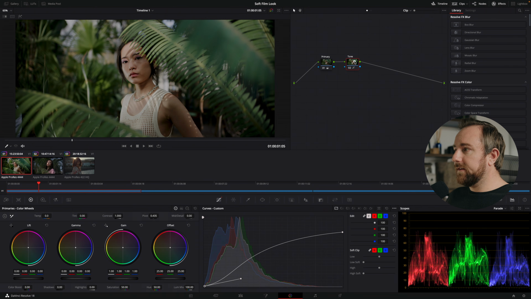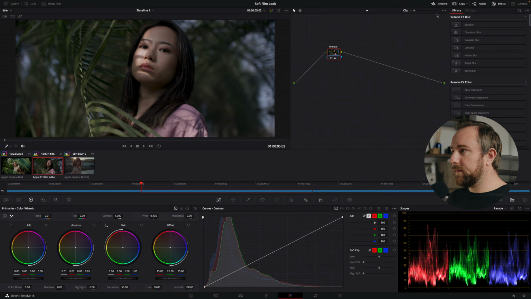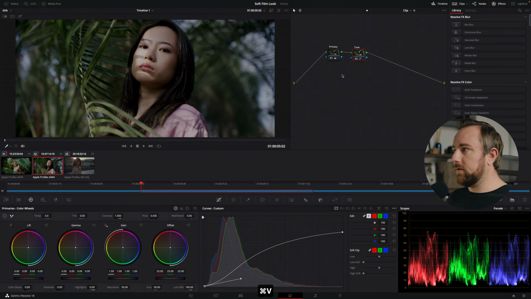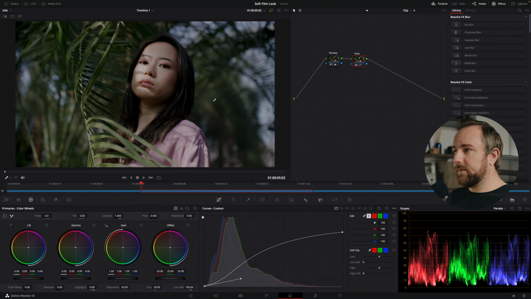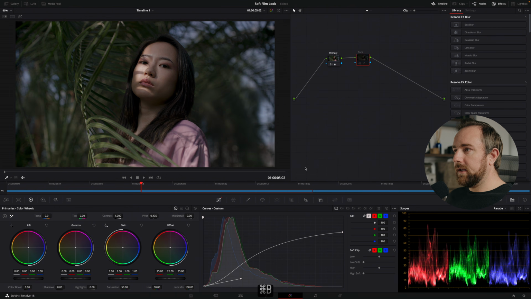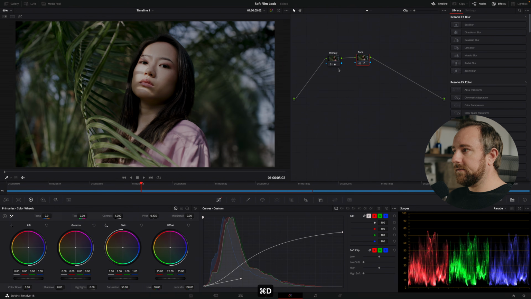So I'm going to copy the tone curve. I'm just going to highlight it and press Command C. And then we're going to go to the next clip and I'm going to create a new node, and then I'm just going to paste it onto that node. And let's get rid of our clips real quick. And so now we have the tone in this next node,